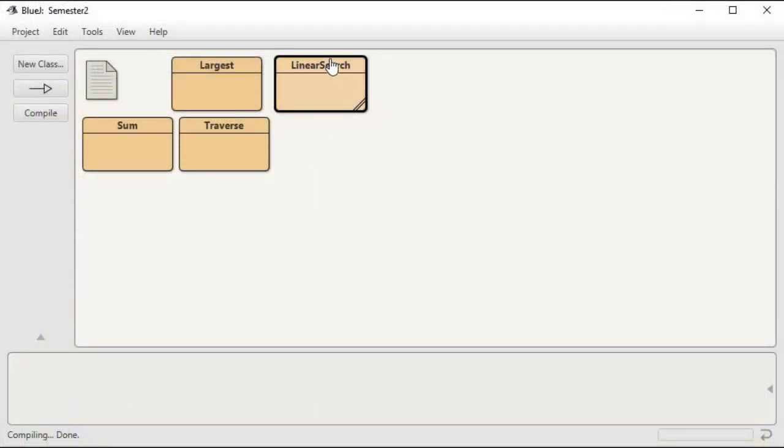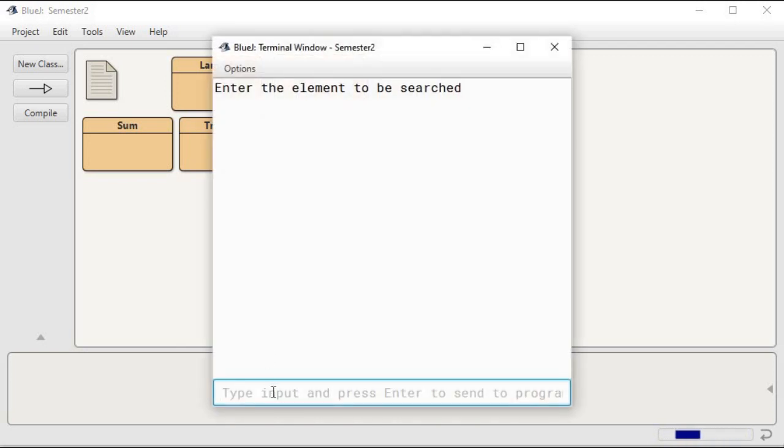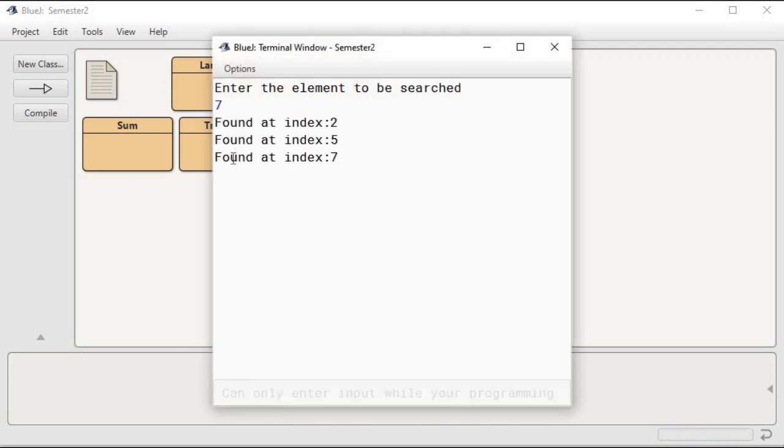I will run this once again, and this time I'll enter 7. Let me see. And you see 3 output statements have come: found at index 2, found at index 5, and found at index 7, because there were 3 sevens at index 2, at index 5, and at index 7.